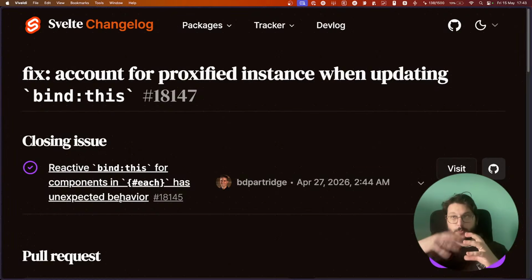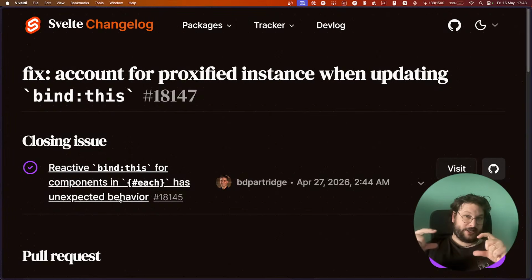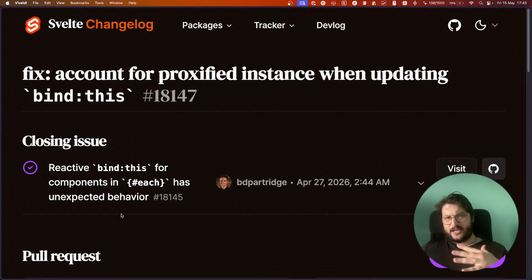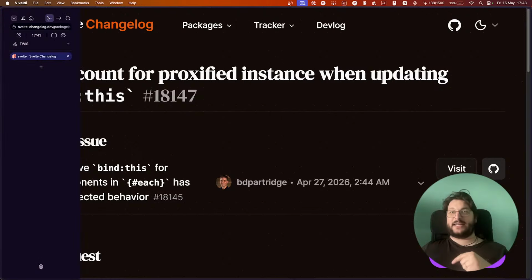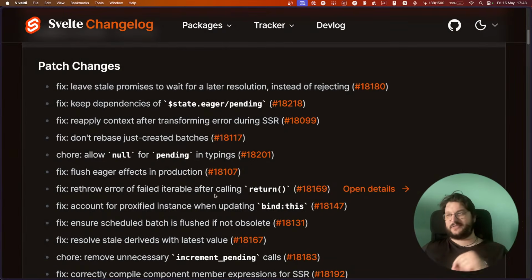So if you were looping over something and then binding to Ds, the value of the component or the element was not properly updated for bind Ds. Every other binding was actually updated, but bind Ds required a specific fix for this.